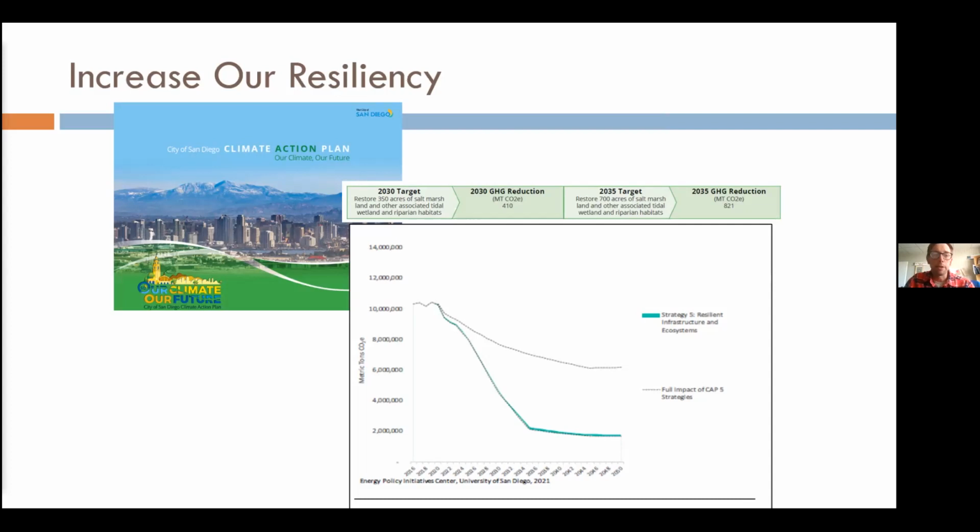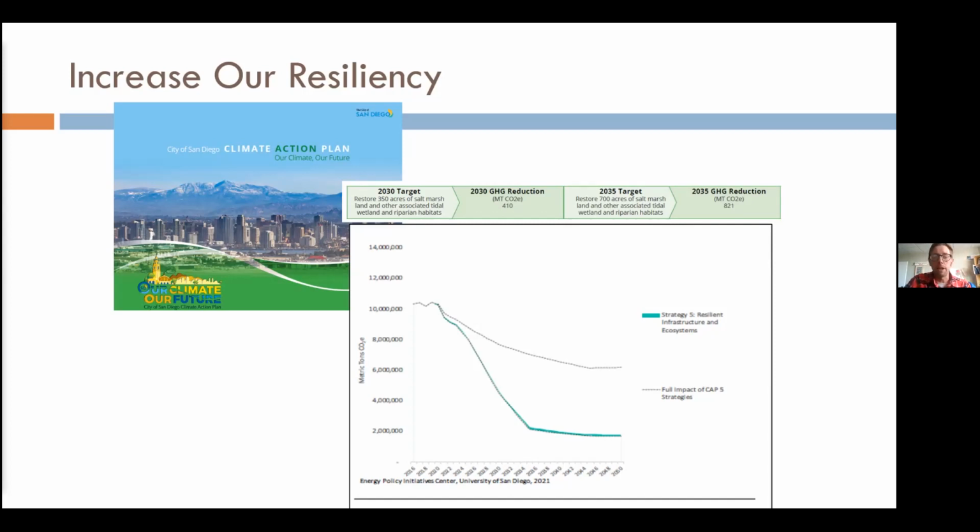And in that plan, their climate action plan, strategy 5 deals with natural habitats. It's quite small on the screen, but this teal color is what strategy 5 is looking at adding to this deficit that the city of San Diego needs to reach for their climate action plan. The other pieces here that are missing are the other 4 strategies, and then strategy 6 is what needs to happen below this line. So there's a lot of other activities and other actions that the city needs to take, which make up the bulk of this deficit, which we need to reach.